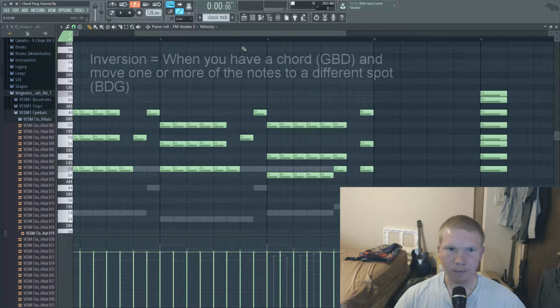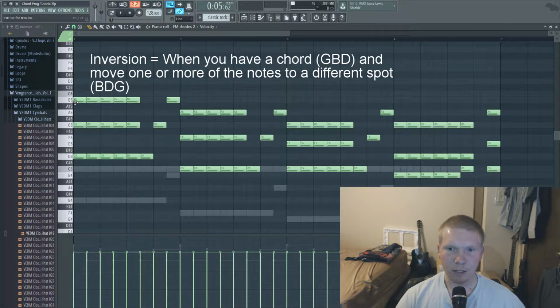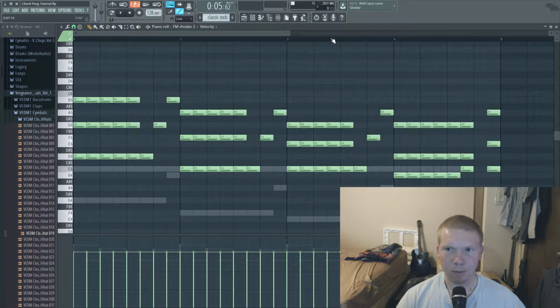is basically when you have G, the notes of a G major chord are G, B, and D. So we got G, we got D, and then we have B on the bottom. It doesn't matter where these notes are in terms of octaves. As long as those three notes are present, that's a G major chord. So this one has the B on the top. Well, I put the B on the bottom here, so it isn't the exact same as this when it loops around. It helps with progression. See? Sounds like a different chord. That's good